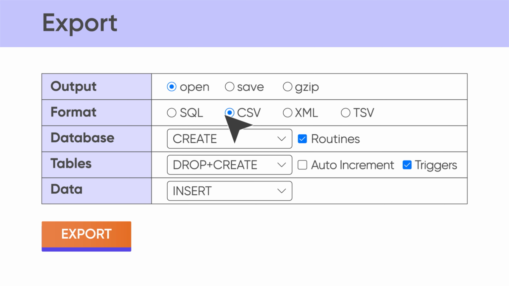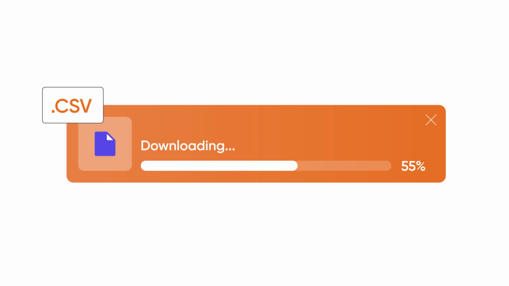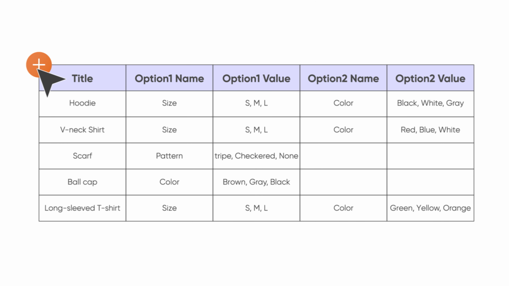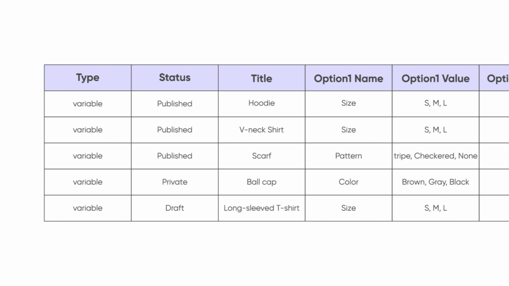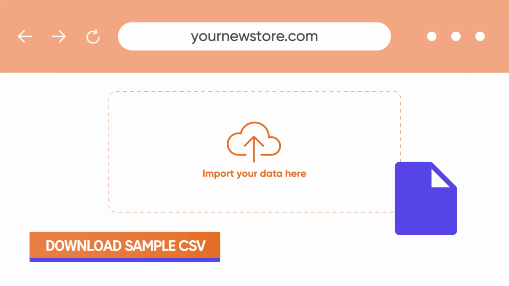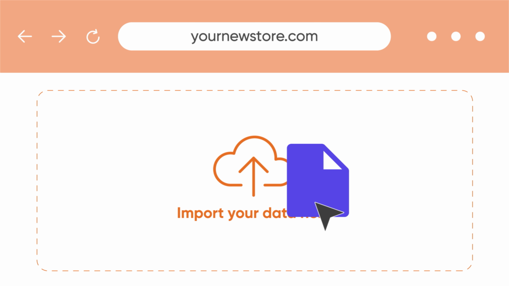First, you'll need to export all data from WooCommerce and save it in the CSV format. Then, configure your file to meet Shopify's requirements. You can go to Shopify and click Import to download a sample CSV template if needed. Once the file is properly formatted, import it into the Shopify store. Though the method is straightforward, many types of data cannot be imported this way.